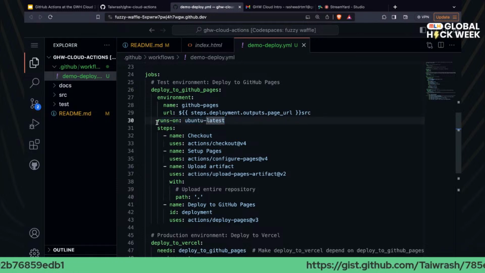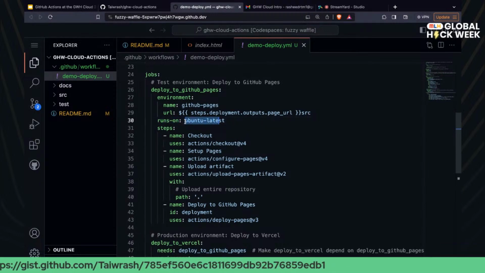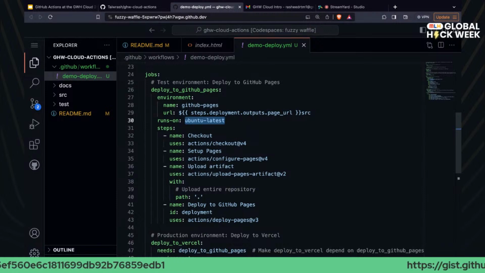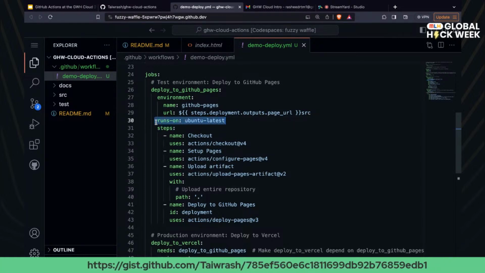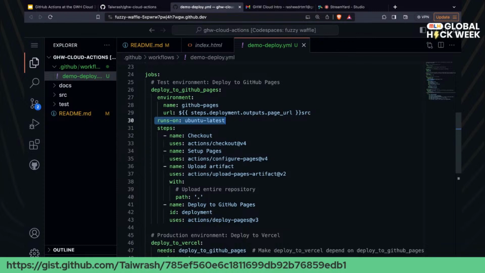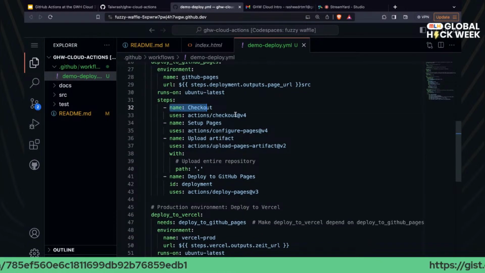So to signify or tell GitHub Action the runner to run on, you basically use this keyword, runs-on. Then we want to run on Ubuntu latest. So GitHub Action will help us create a virtual machine somewhere and set up every other thing that we want to set up to be able to run our code. So inside this, GitHub Action sets up an Ubuntu latest virtual machine for us, and inside that, to check out our code using these GitHub Actions.